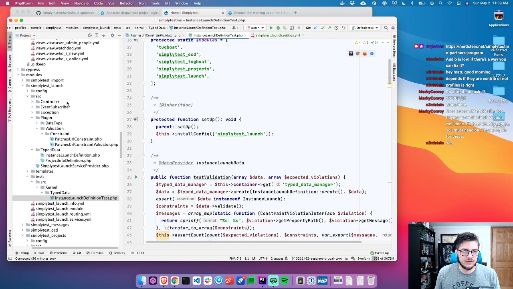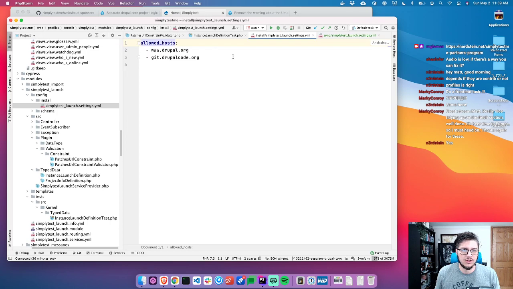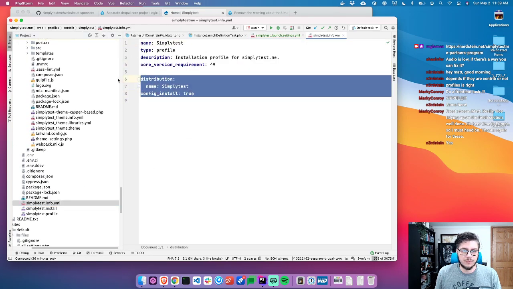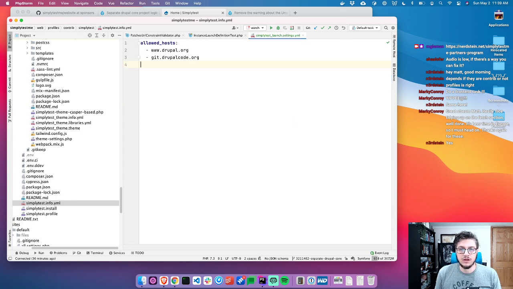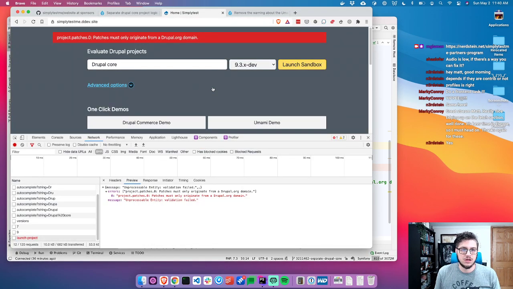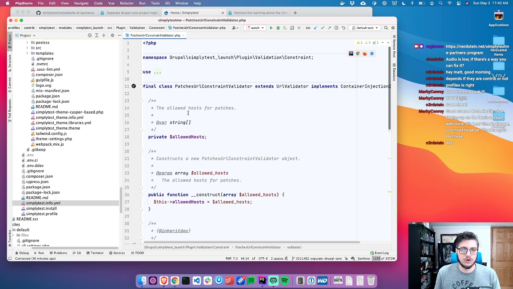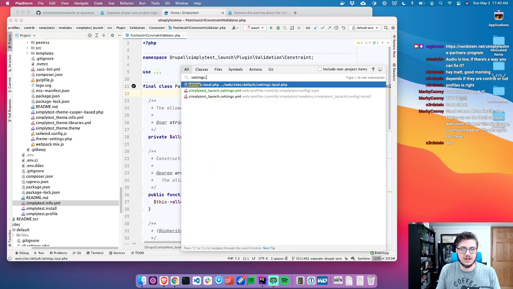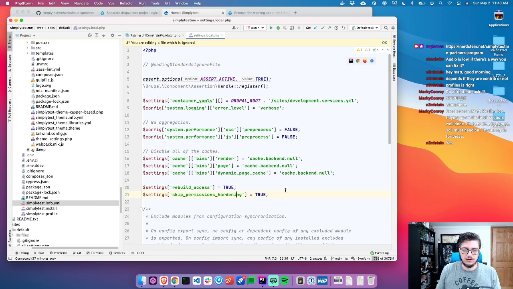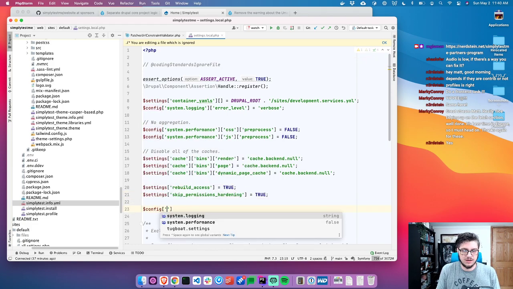Kernel test, install config, install. Oh, all right. So I'm going to actually add it to our config sync. So now when we deploy it, it will get imported, because the Simplytest project leverages core's config install setting for profiles. So that will fix a bug in production. And to quick work around this, in my settings.local.php, do config,